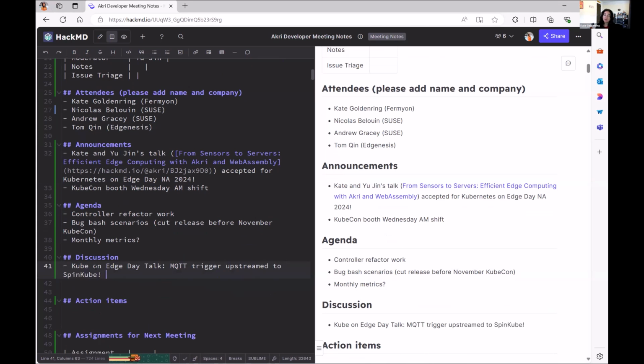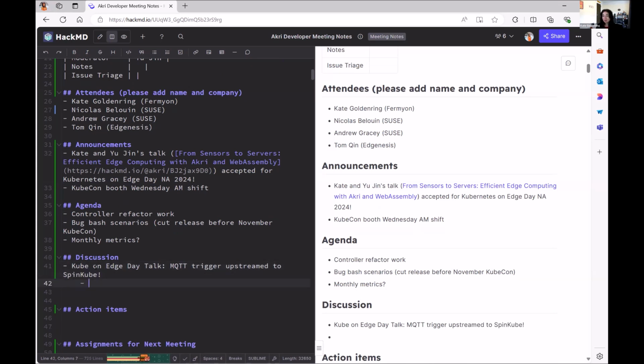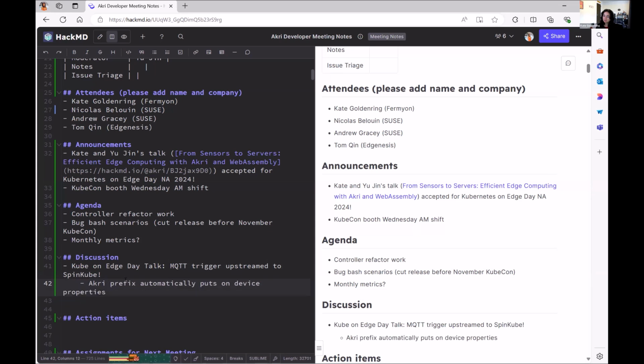The thing that is missing, if we want this to be a "now go do it yourself" demo, is one of the things that we ran into: the prefix that Akri automatically puts on device properties that are injected is akri_instance. So essentially this prefix is not something that is known to... actually, we upstreamed a fix for that too in SpinCube.